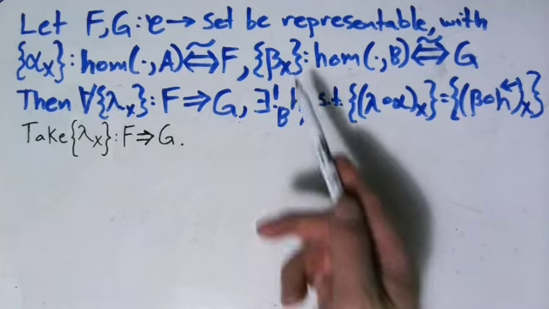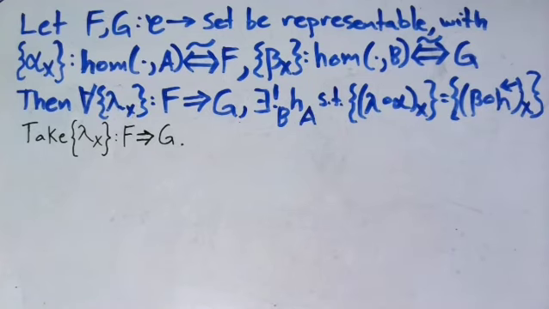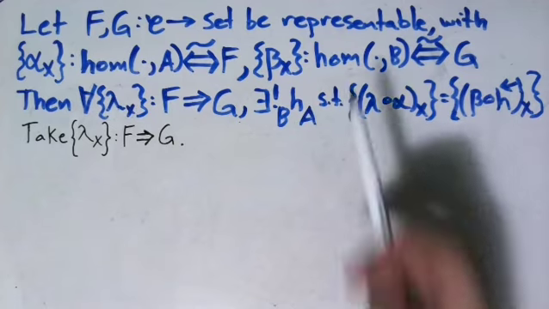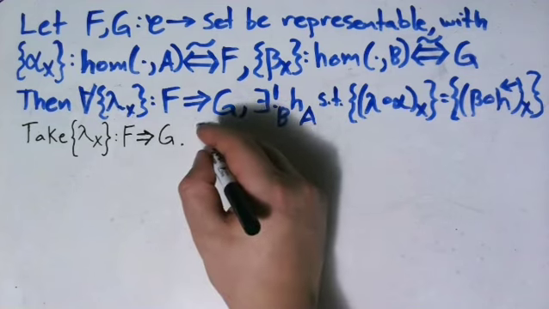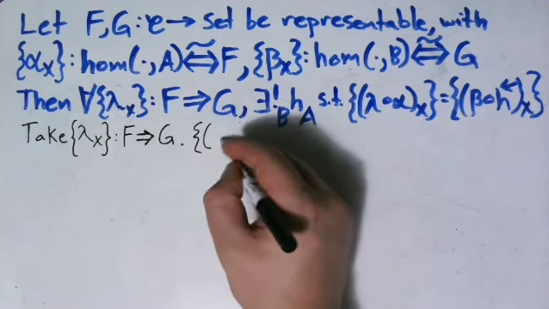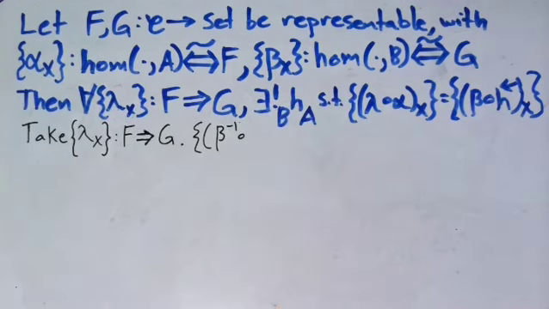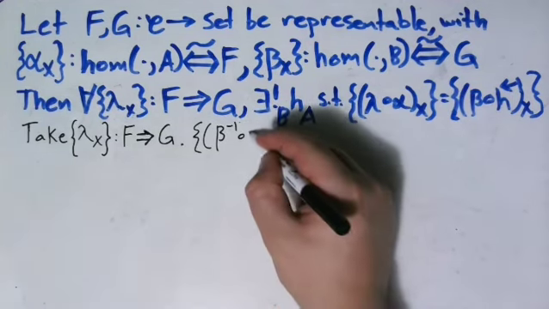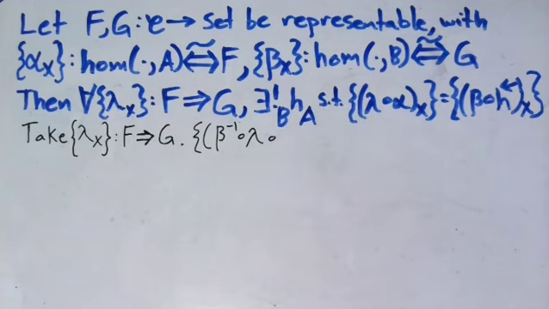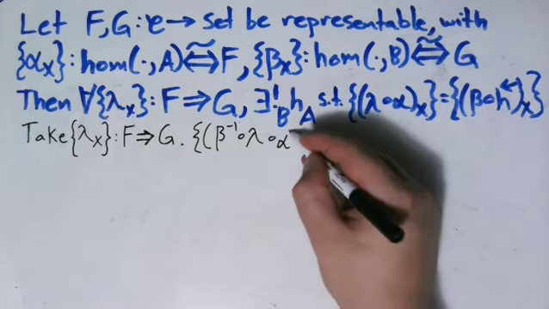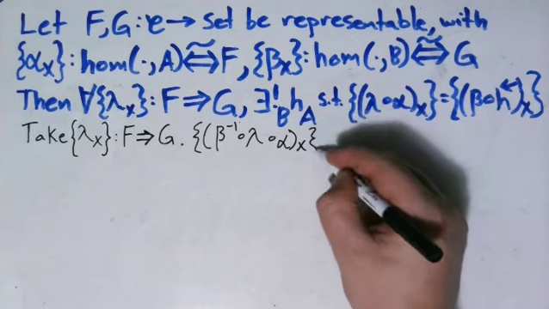Well, it's beta inverse X. You just take the inverse of the isomorphism for any component, and all of those will form a natural isomorphism for going in this direction. So basically what we can say is we know that there has to be a natural transformation that is the inverse of beta after lambda after alpha. So if we compose those,